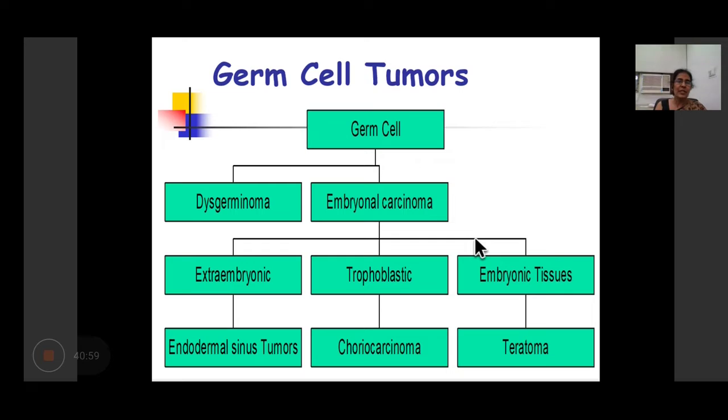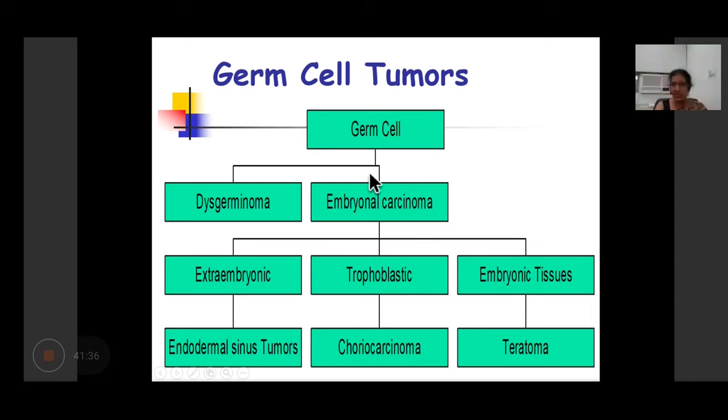So that was about the surface epithelial tumors classification, which can be serous tumors, mucinous tumors, endometrioid tumors, or tumors showing transitional epithelium differentiation, called the Brenner's. Now, how do we classify the germ cell tumors of the ovary, which occur from the germ cell or the ovum? The germ cell tumor of the ovary, the undifferentiated one, is called the dysgerminoma, which will show a uniform population of germ cells. Its counterpart occurring in the testes is called the seminoma.